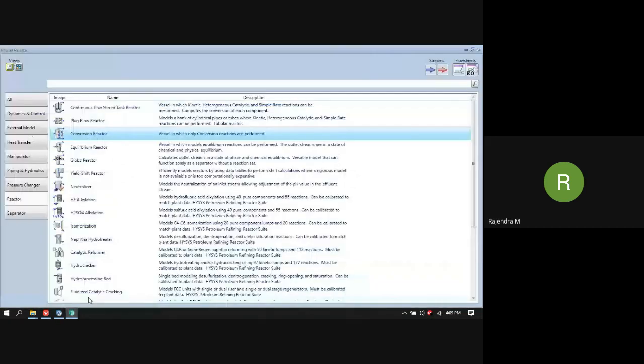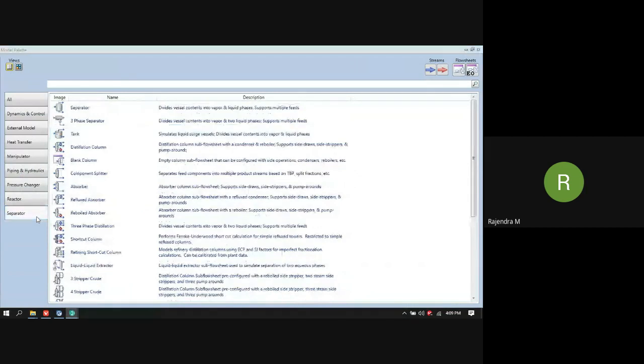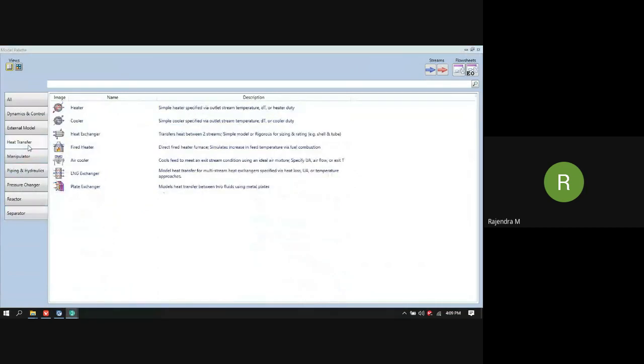Now, the rest of the other things are auxiliary. Mainly, we have covered the reaction, we have covered the mass transfer operation, and we have covered the heat transfer operations. Right. So, what are the other operations?